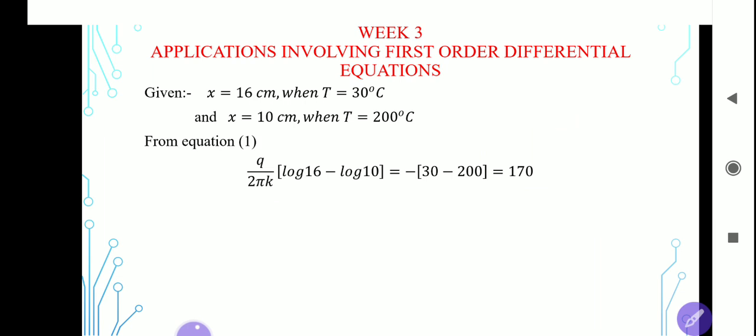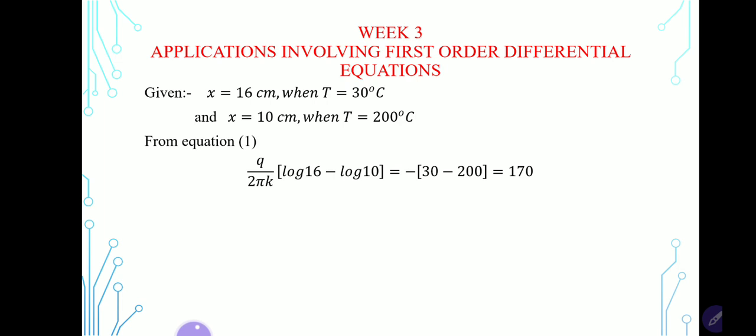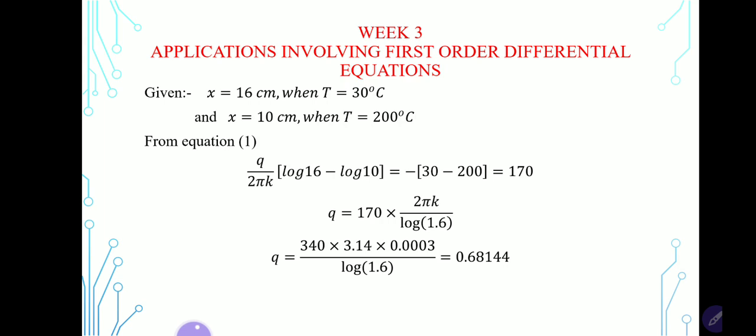क्या आएगी, next step is, yes, इससे Q लिखना है हमें, तो Q equal to क्या मिलेगा 170 into 2 pi K upon log of 1.6, log of 1.6 using log a minus log b is log of a by b, that is log of 16 by 10, log of 16 by 10 is log of 1.6. So after simplification, here 170 into 2 is 340 and the value of pi is 3.14 into thermal conductivity is given in problem, that is K equal to 0.003 upon log of 1.6. After calculation we get this 0.68144 कैलोरी पर सेकंड। ये क्या मिला हमें, अमाउंट ऑफ हीट।